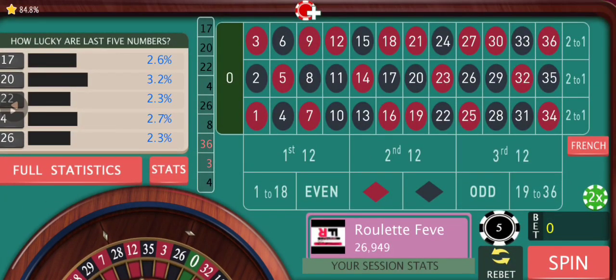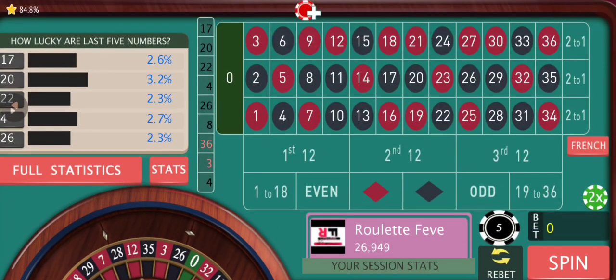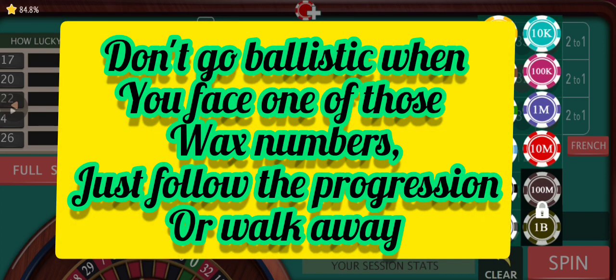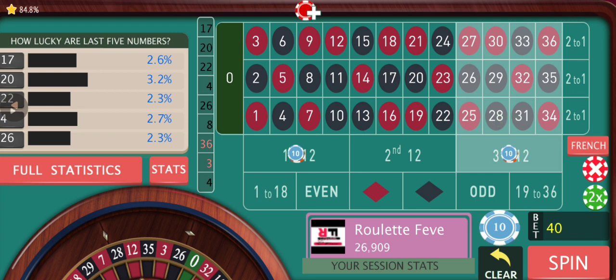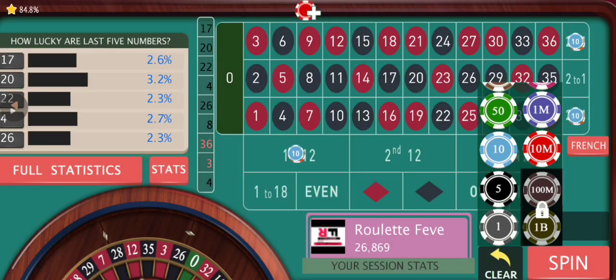When you face one of those wax numbers, you'll have to decide for yourself what you want to do, right? Whether you want to walk away or you want to keep on playing. Okay. In this case, as I said, I have a strict stop loss of 200. So what I'm gonna do is I'm gonna play, obviously. And we'll have to increase the betting amount on 0 to